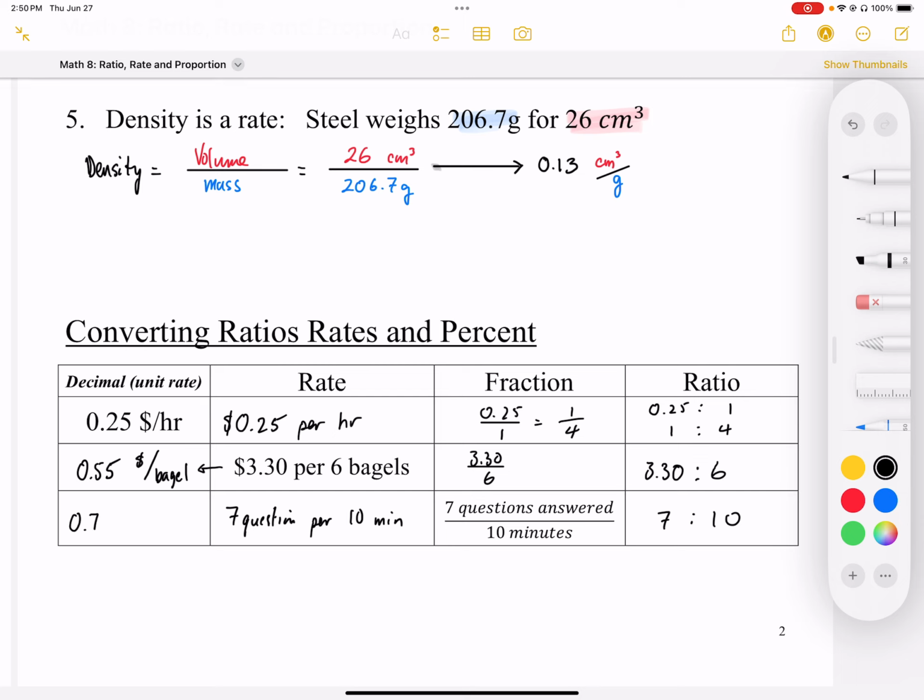7 divided by 10 is going to be 0.7, and the rate is going to be questions per minute. Okay, because we divided the questions divided by minutes, so the rate is questions per